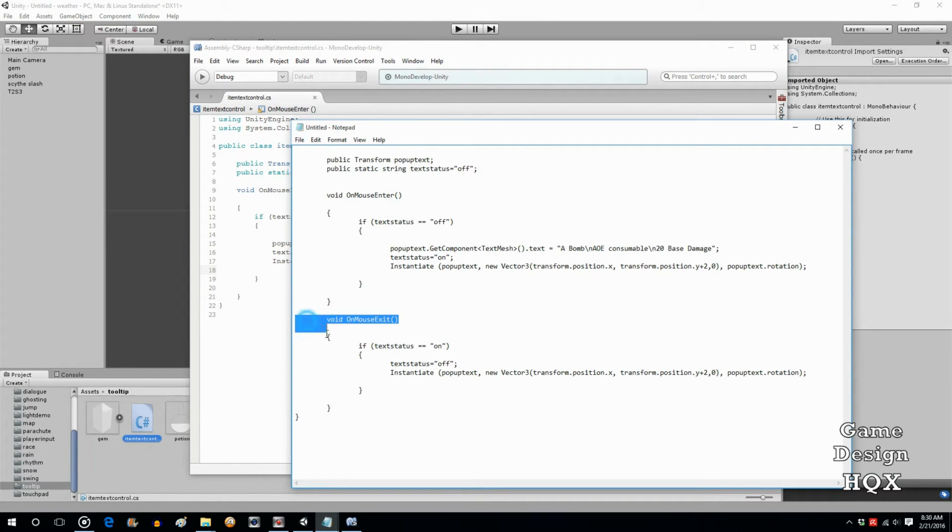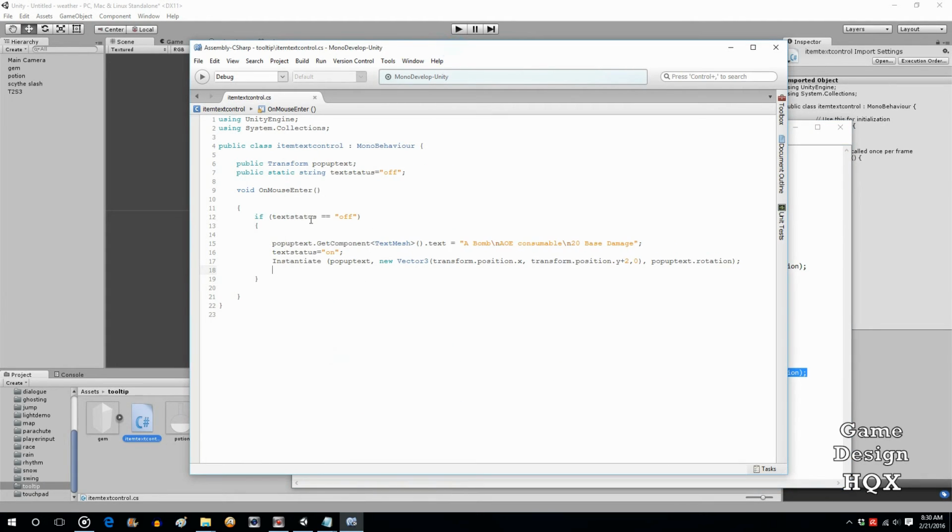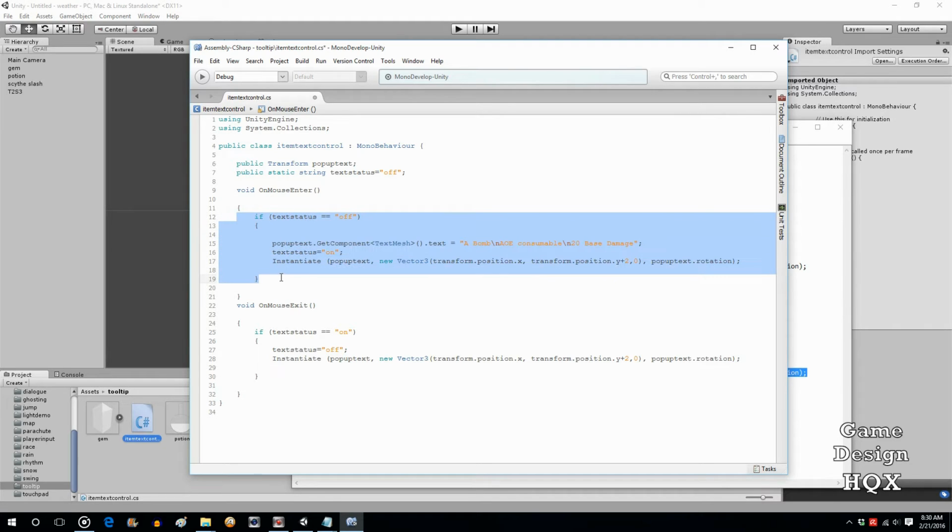and then just as we did a mouse enter, we need to do a mouse exit. So void on mouse exit, parentheses, again, capital O M E. Just as we check to see if the text is off, we check to see if the text is on. So if text status is set to on, set it to off, and then